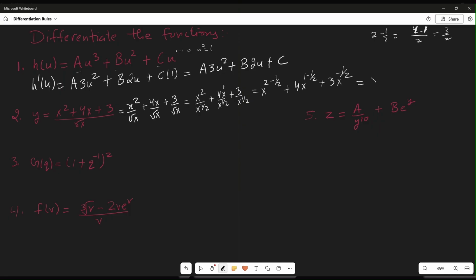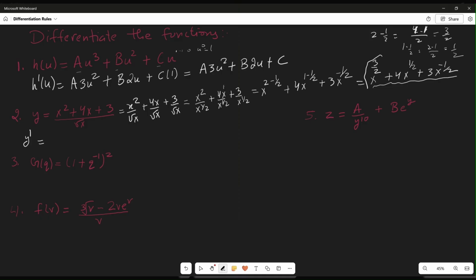So what we have here is x to the 3 over 2 plus 4 times x to the power 1 minus 1 over 2, which is 2 minus 1, 1 over 2, plus 3 times x to the negative 1 over 2. Now let's take the derivative of this one. See, we have a much simpler expression now. So the derivative of this function is equal to